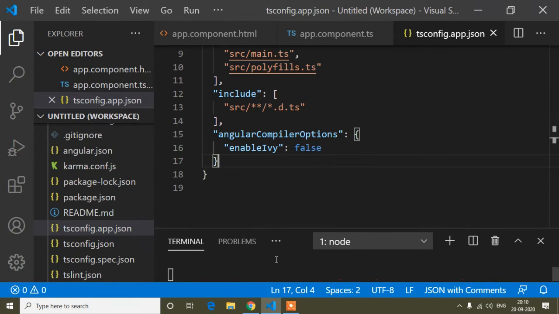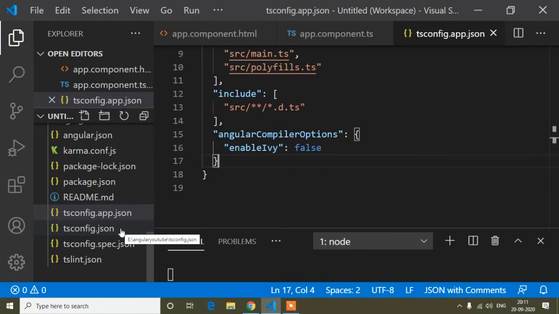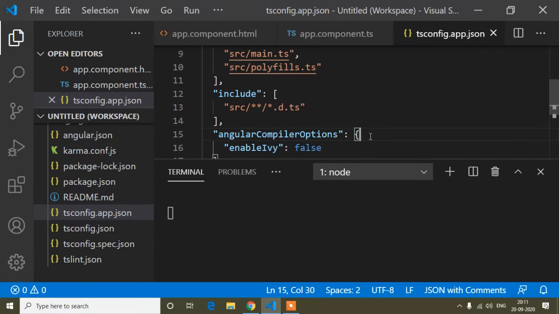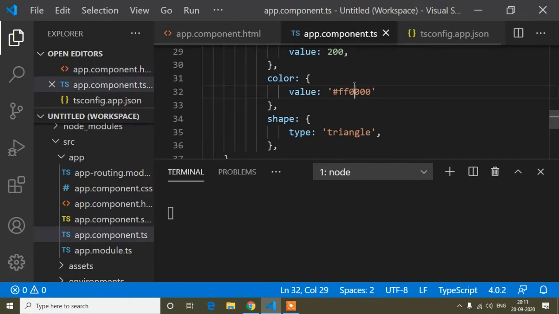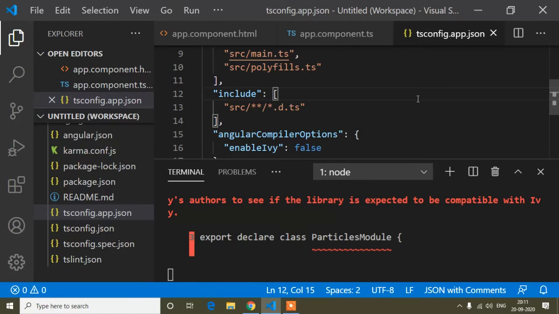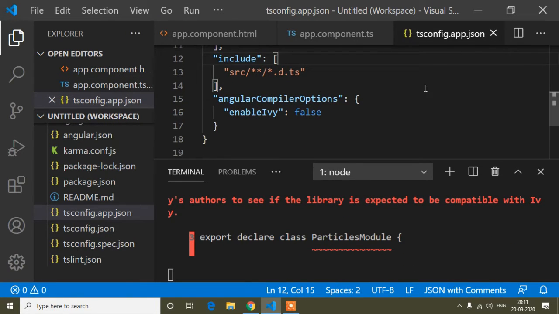So guys, after changing anything in your JSON file, maybe the tsconfig.app.json file, or tsconfig.json, any JSON file. There are different types of JSON files, like package.json. If you change angular.json or anything in your JSON file and save, you can see it will not restart our project. But if I save here, you can see it's restarting our project.